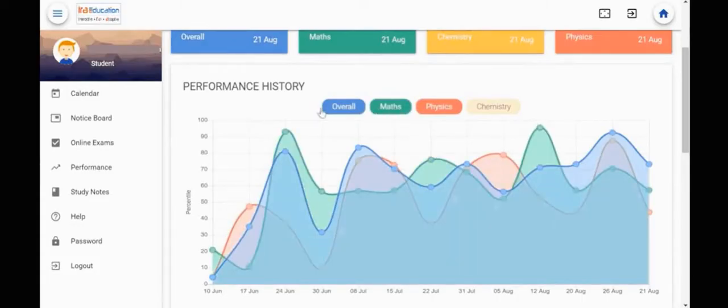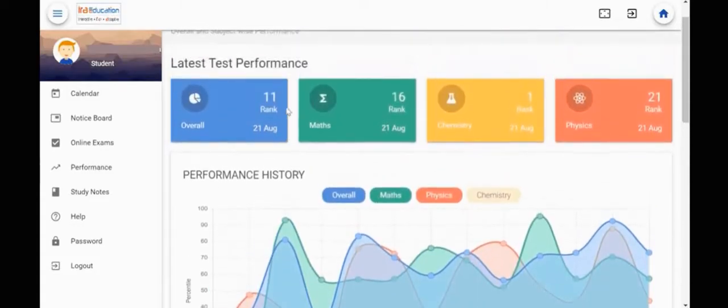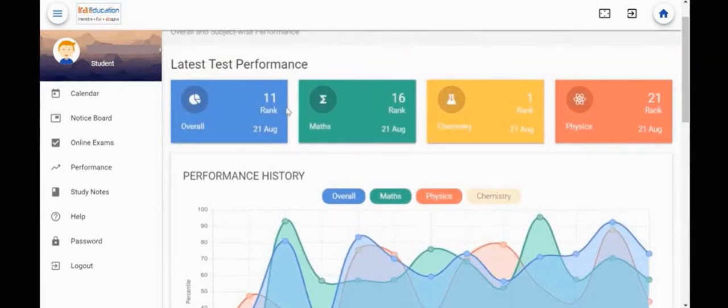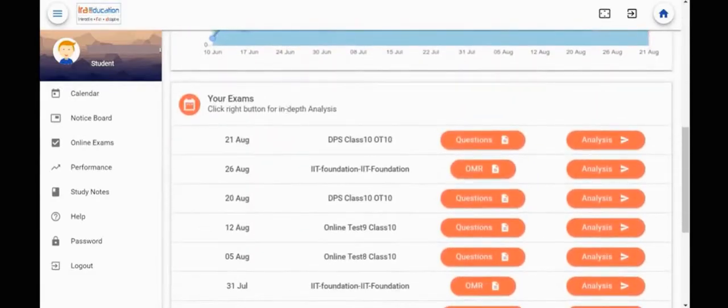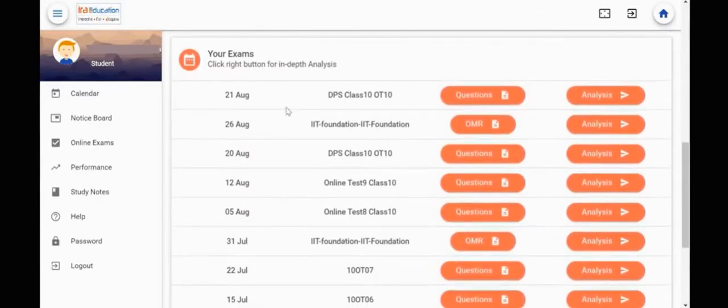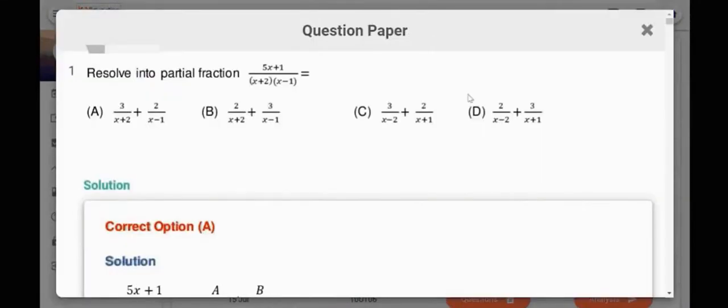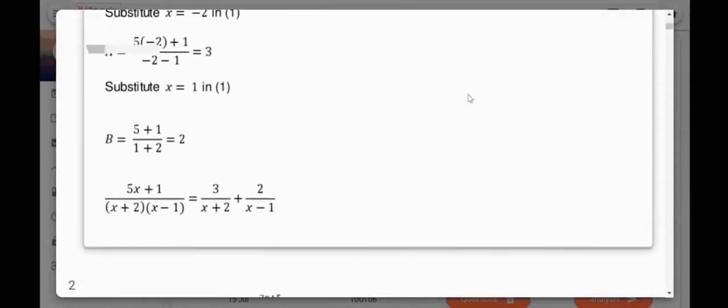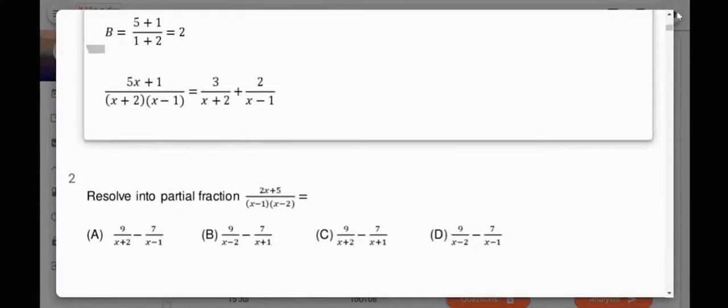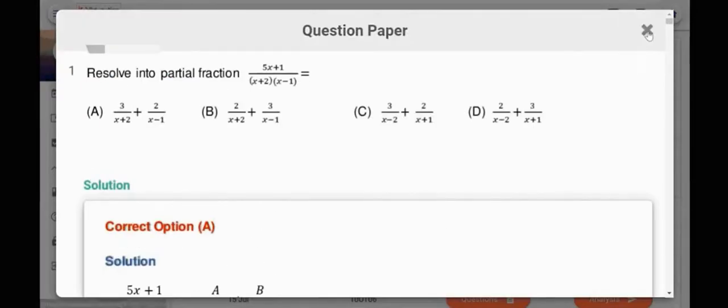The student's overall and subject-wise rank is also provided, as we can see here, in accordance to the latest test given by the student. On further scrolling in the main page itself, we see the list of examinations the student has taken up until now, and we see two buttons to click for each exam. On clicking the questions button, we see all the questions asked in that particular examination and the detailed key for the same. It is interesting to note that each of these questions asked are in accordance to the topics taught in that week and framed with guidance from the subject teacher of the class.